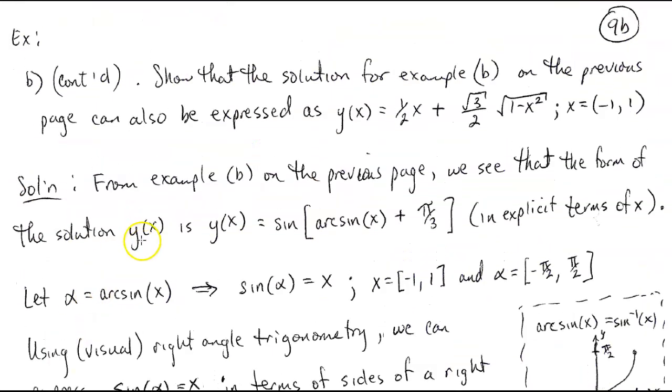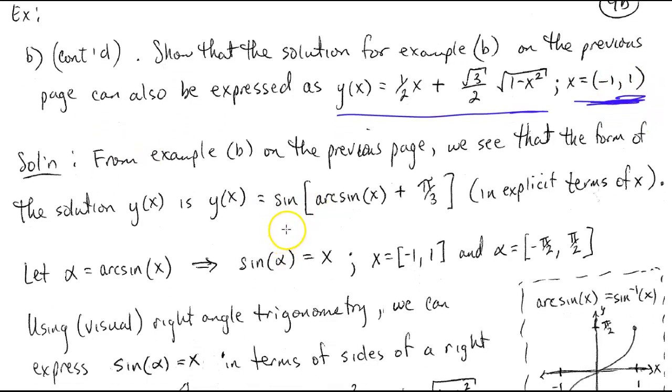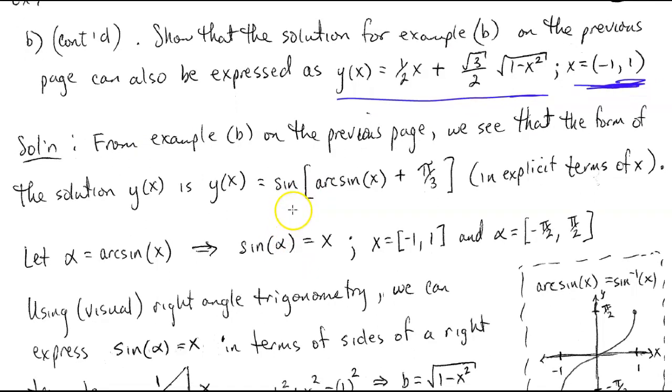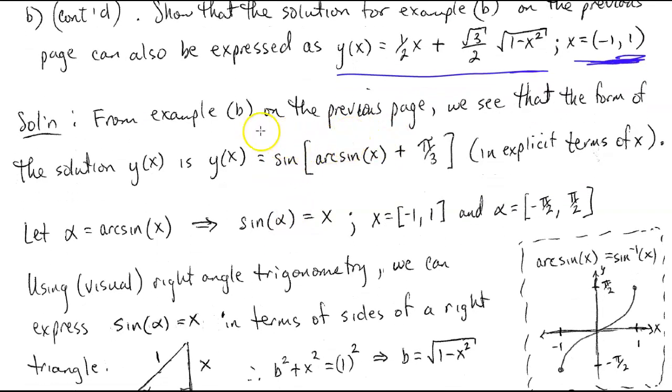Now, for this same example here, I did also want to share the fact that this answer could actually be expressed another way. And so this is actually another answer for this particular equation where x is bounded in between -1 and 1. And so what I do here is I just show you why this is the case. And of course, from example B on the previous page, we saw that our solution was